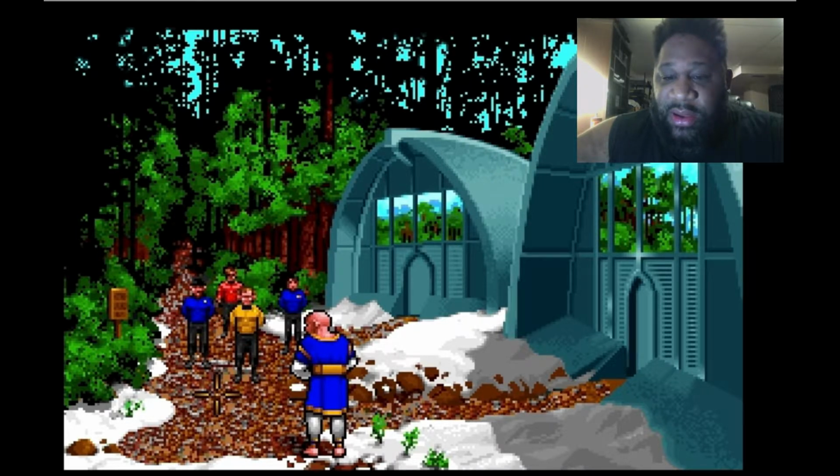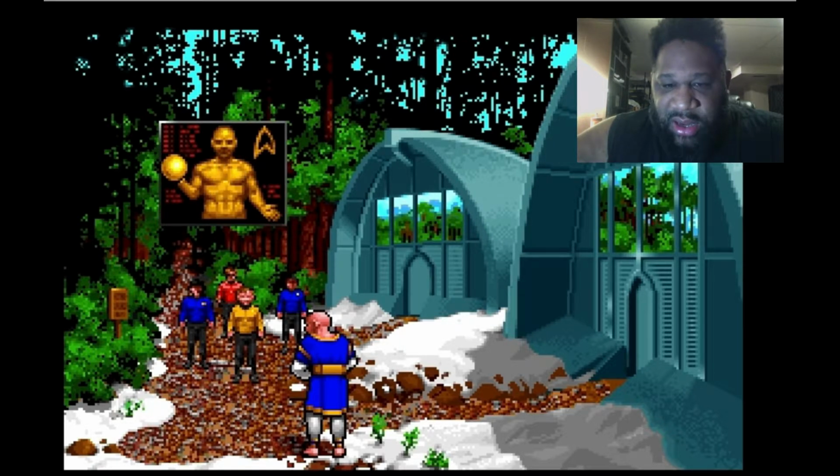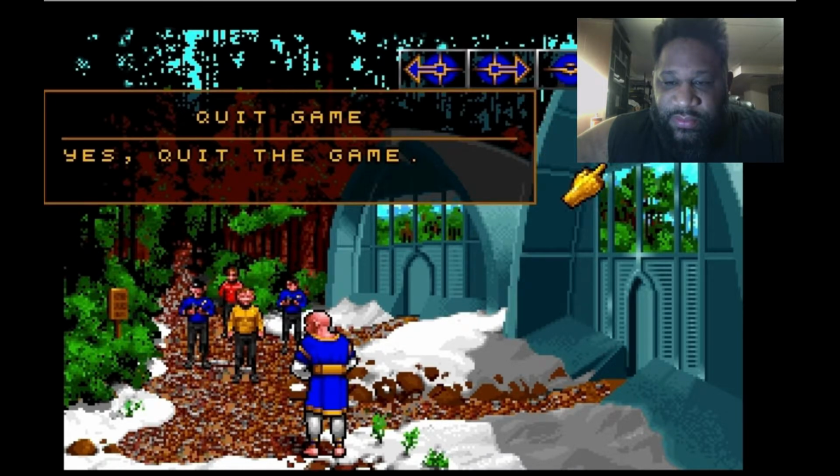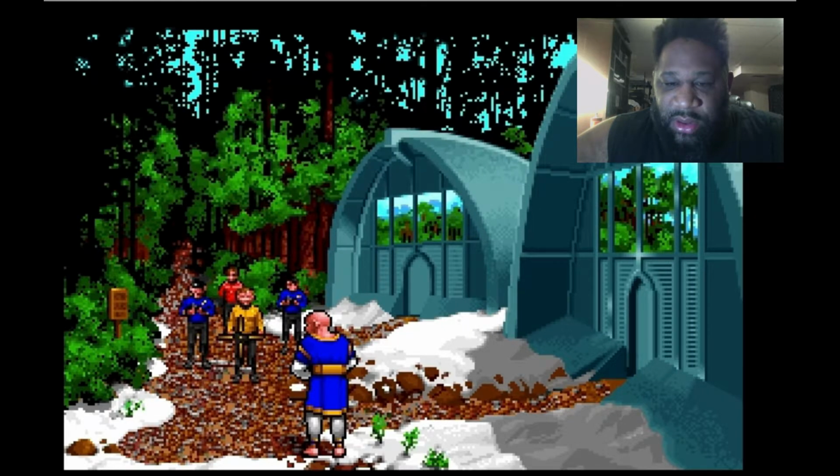Okay, so now I get to start doing the landing party controls, which I can get here so I can get out of my pockets, and I can grab, and I can talk and look, and then access that control again. No, I don't want to quit the game. Alright, so